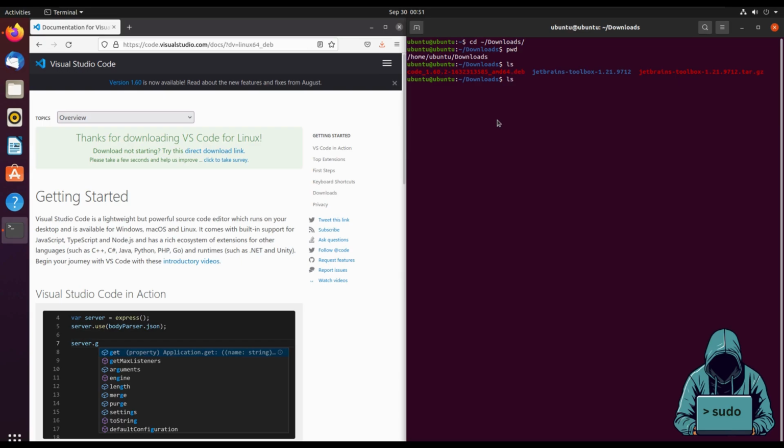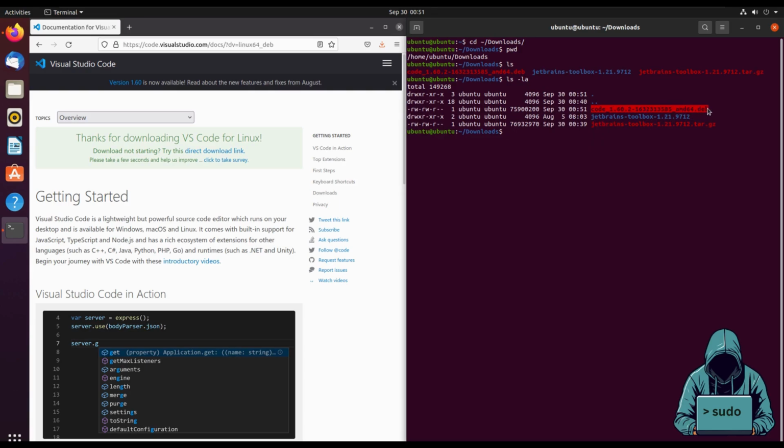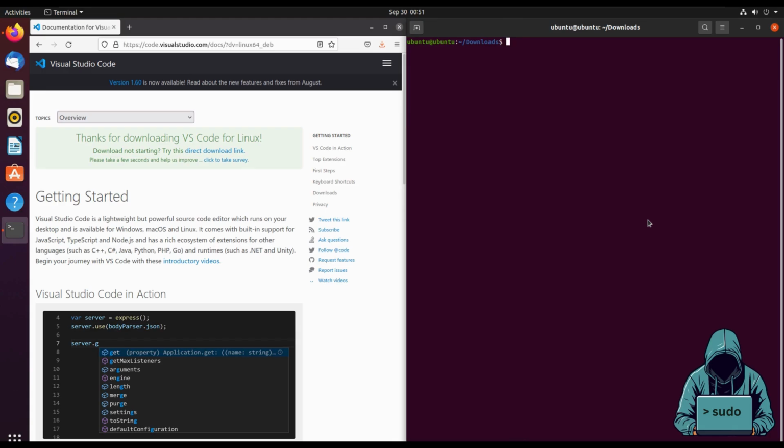And then we are going to install this using the terminal, and we are going to use dpkg, the Debian package manager. So sudo dpkg -i and the file name,